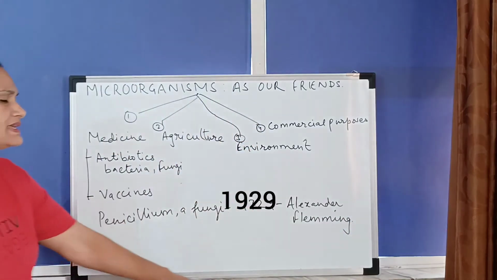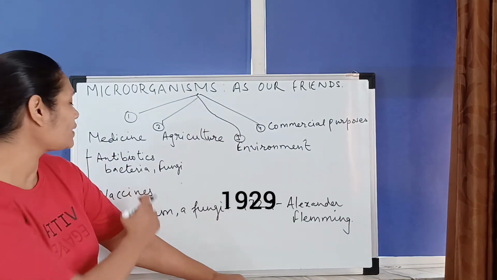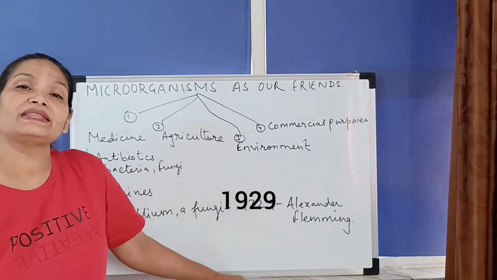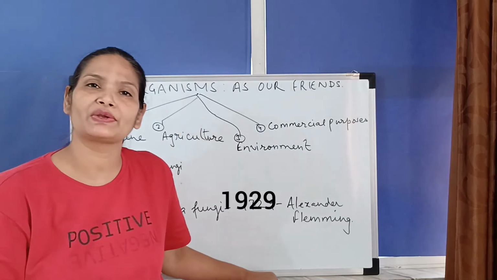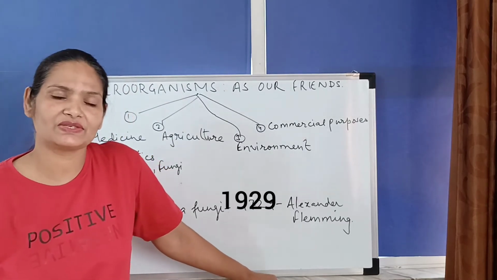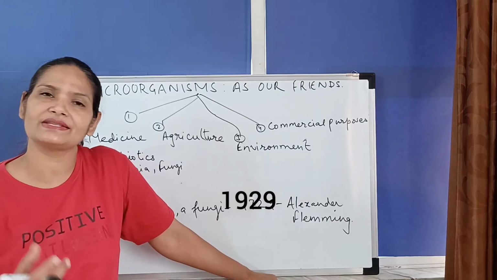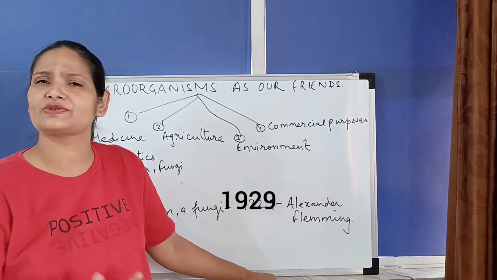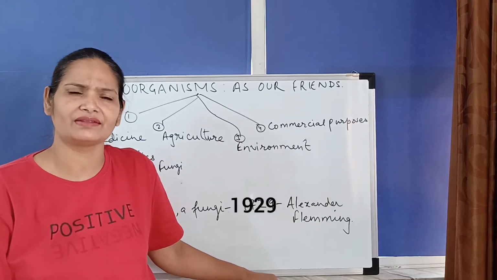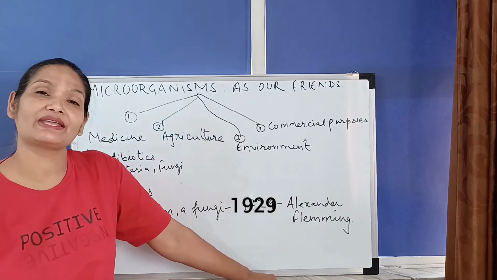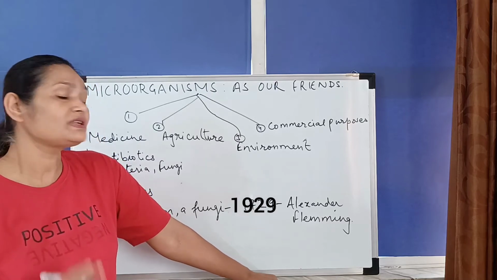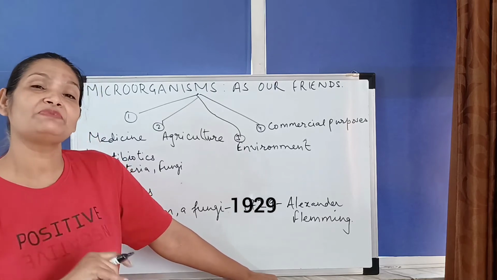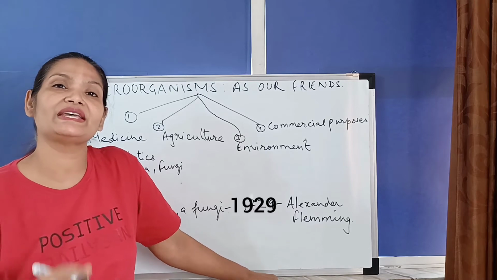Now, what does the antibiotic do? Antibiotics are made out of bacteria and fungi, and they prevent the growth of microorganisms. We might have seen that whenever we go to the doctor, the doctor prescribes us some antibiotic if required, right? In case of viral fever or some fever or any other disease also, the doctor prescribes the antibiotic. So what this antibiotic does is, it prevents the growth of the microorganism which has entered our body.